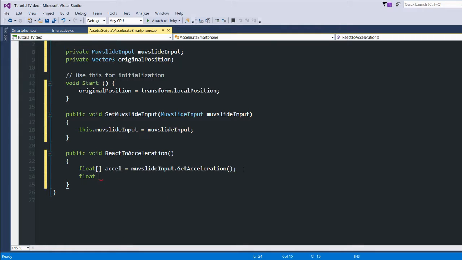For clarity, I'm going to put it here: x, y, and z. Okay, and actually the acceleration, we need to change the sign as well,